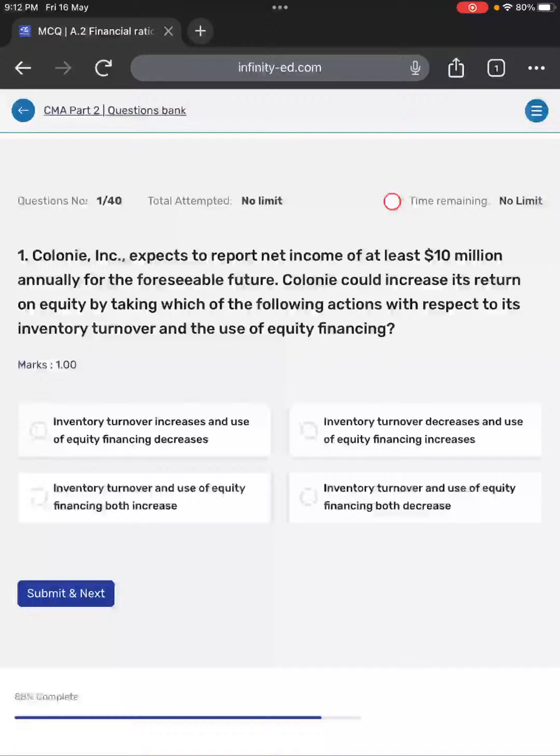Okay, let's start again. Today we are also starting the revision session. This is the ratio analysis. This chapter is around 15 to 20% of the total weightage, and it is also very much important. We have already covered the common sizing